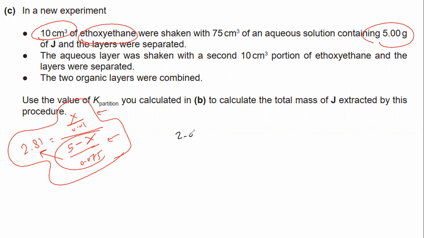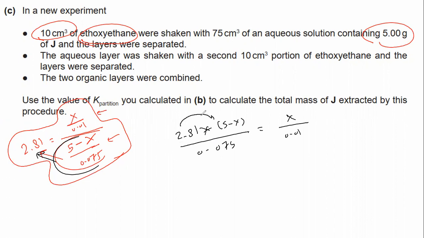So it will be 2.81 times (5 minus X) over 0.075 equal to X over 0.01. Okay, I just take this part, multiply it here. Then, okay, what should we do? Now I will multiply this here and here. So we end up with